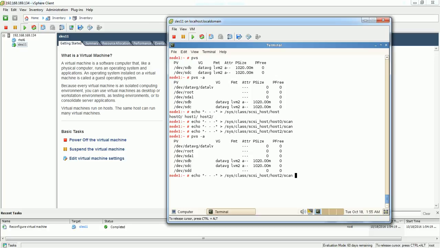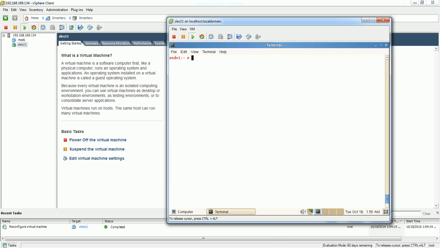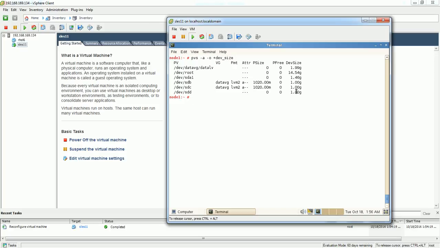So in order to see the size, I have given that command in my slide. That is pvs -a -o +dev_size. Here you can see the new 1 GB disk has been allocated. If you want to see the WWID,